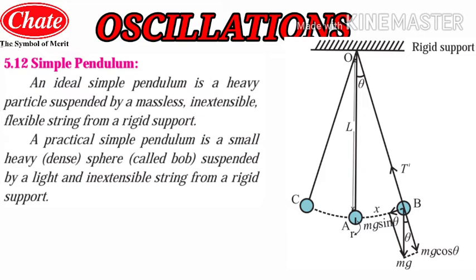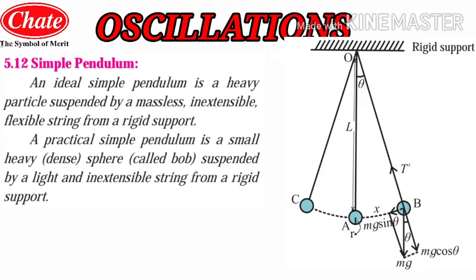Now students, the distance between the point of suspension and the center of gravity of the bob is called the length of the pendulum. So the length of the pendulum is nothing but the distance between the point of suspension at the rigid support and the center of gravity of that bob. Now let m be the mass of the bob and T be the tension in the string. The pendulum remains in equilibrium in position OA, which is the middlemost line in the diagram.